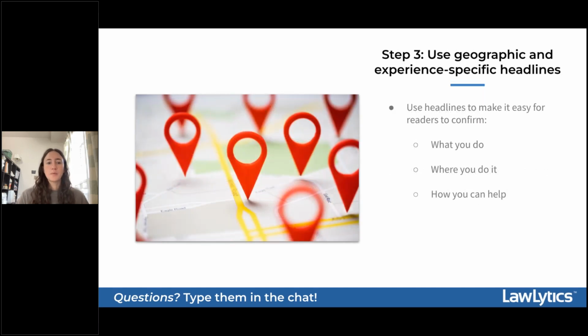And then number three, you need to use geographic and experience specific headlines as your step number three. So if you don't currently have localized content on your firm's website, this is definitely a missed opportunity to get that free web traffic from Google that's going to boost the effectiveness of your marketing while helping to keep your costs lower and lower. Local content marketing for lawyers is essentially where you target your potential clients geographically with that written website content and information that's relevant and unique to the potential clients in that area.